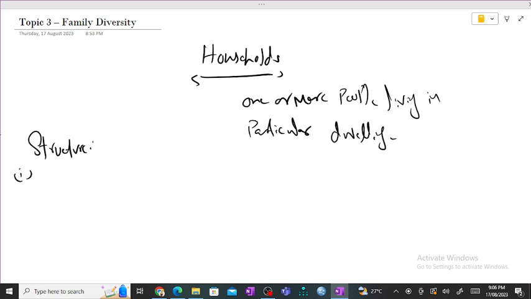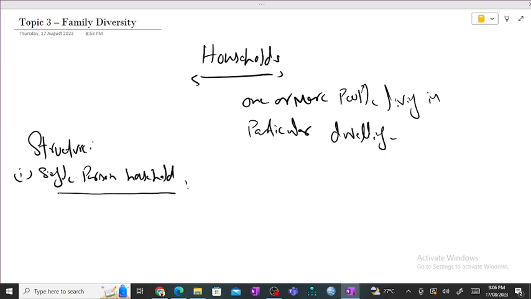Number one, we have single person household. Single person households are where adults live alone, either because of the death of the partner, the breakdown of the relationship, or through a personal choice. So a person who stays alone could have many reasons: the death of his or her partner, breakdown of the relationship, or personal choice. Then number two could be